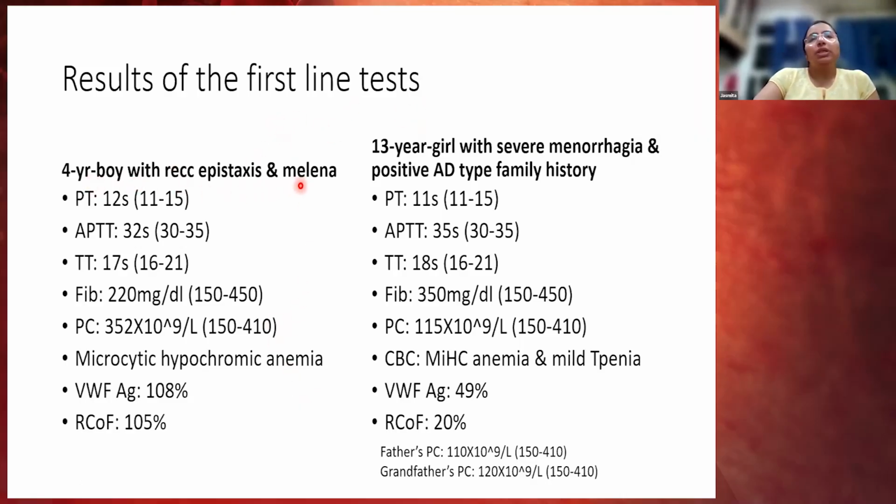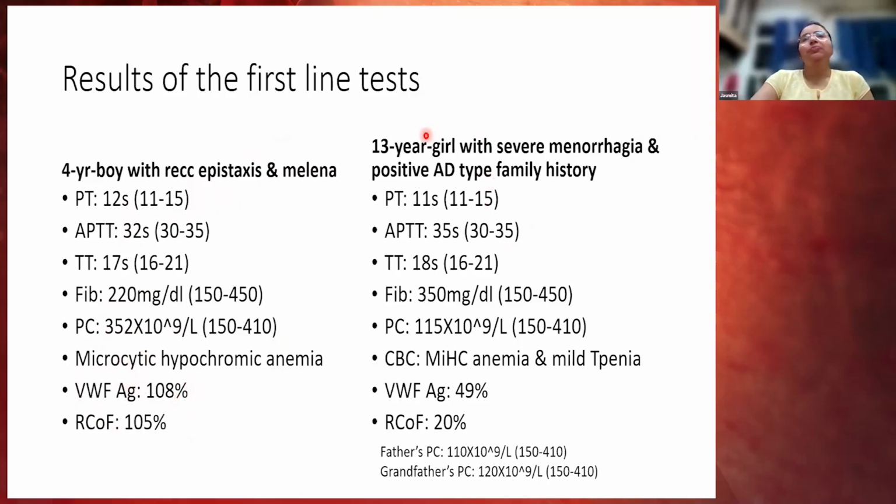So this 4-year-old boy with epistaxis and melena, when you look at the screening coagulogram, it is completely normal. His platelet counts are normal, and he has microcytic hypochromic anemia. The von Willebrand workup with VWF antigen and ristocetin cofactor activity is also normal. So basically, we haven't really detected anything on the screening coagulogram,